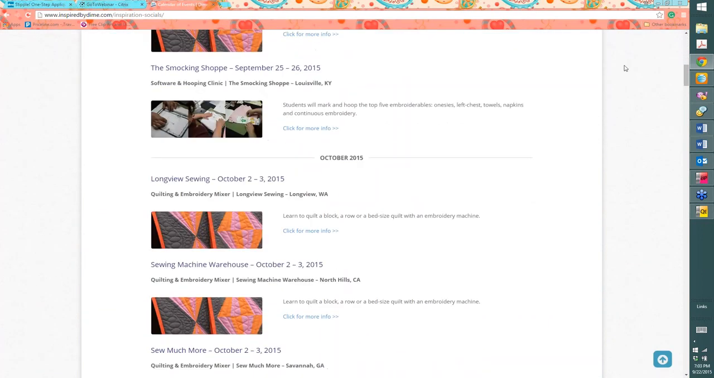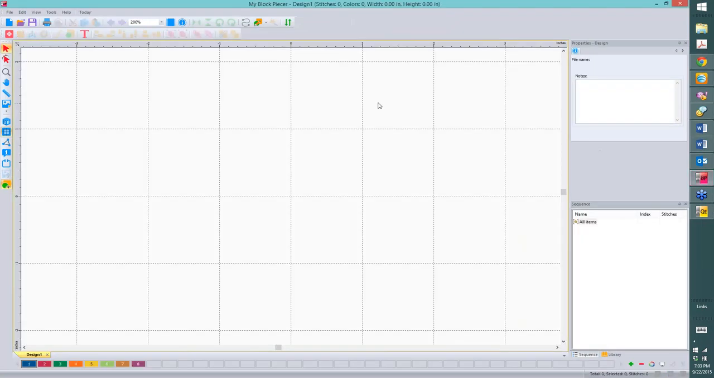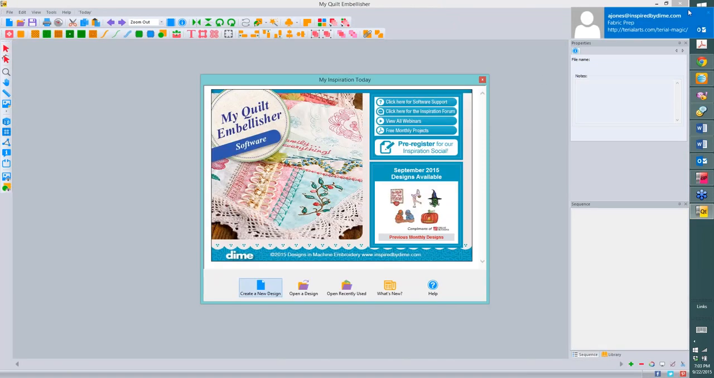So with that being said, let's get started. I want to switch out of this. We'll minimize it, and I'm going to go first to my quilt embellisher. Okay, so